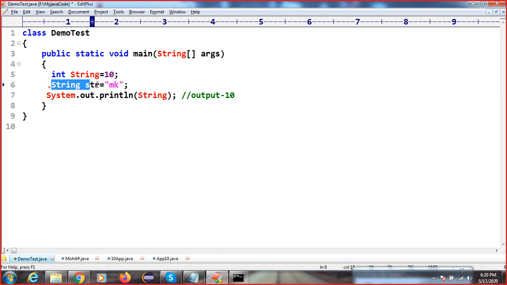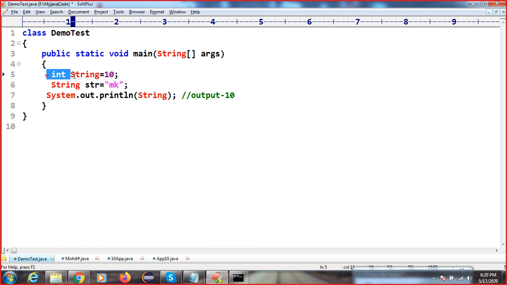What is the identifier in this line? Tell me, yaar. If you are not able to understand, tell me. I told you, this is your predefined class, so a predefined class we can use as an identifier.